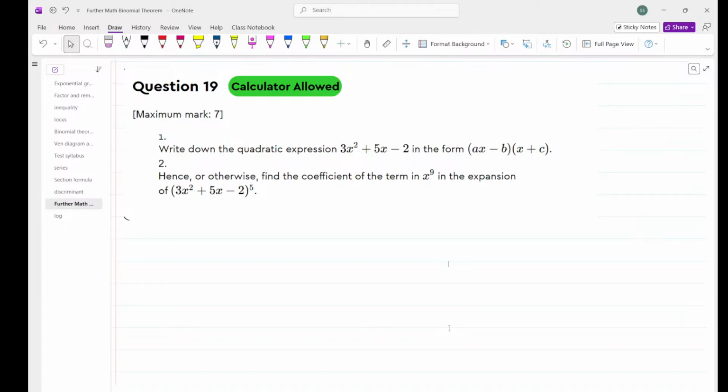Plus 6x minus x, 2, 3x. Bracket x plus 2, minus 1, bracket x plus 2. 3x minus 1 and x plus 2. Okay, hence or otherwise find the coefficient of the